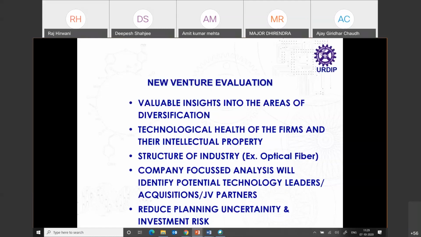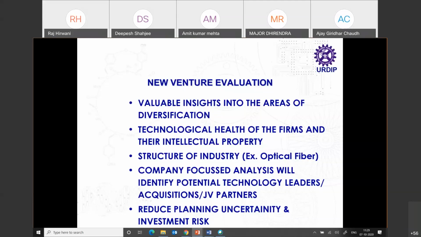Then you will see only a few people making optical fiber, few people making components, few people doing integration. There will be a couple of guys starting from silica who are giving you a complete integrated solution. So you get to see the whole structure of the industry. Who's doing what and where he is. So you are operating in that particular technology area. You know who the players are, what they are doing. If you need to talk to someone, you know whom to go and talk to.